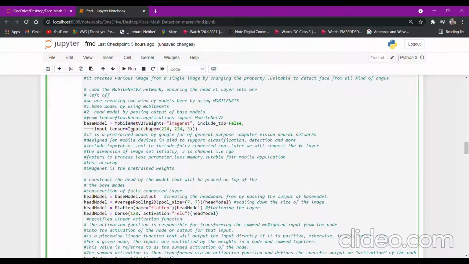We are using that here because it is very fast in processing, it has very few parameters, and memory occupation is also very low. The disadvantage is that since it has very few parameters, the accuracy also goes down. Here we have kept the weights as ImageNet. That means the weights come from the pre-trained model.